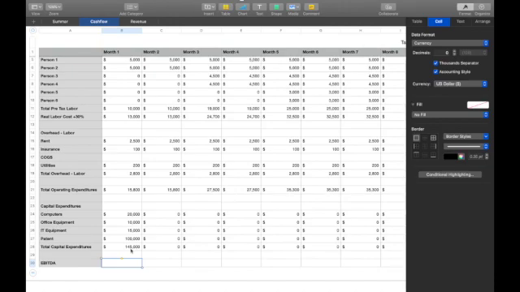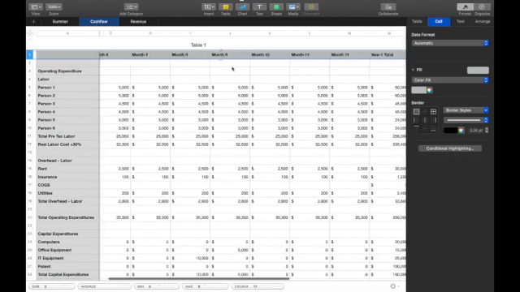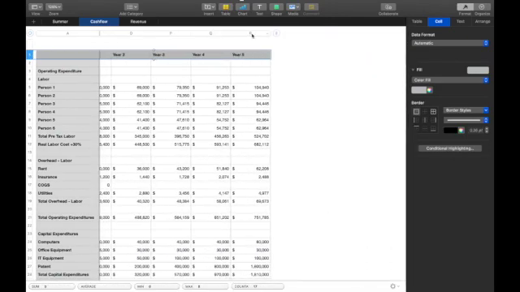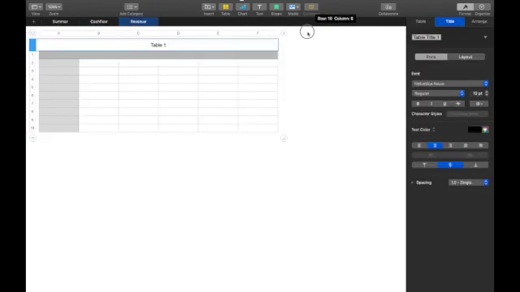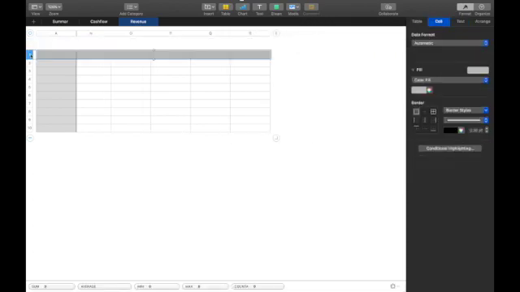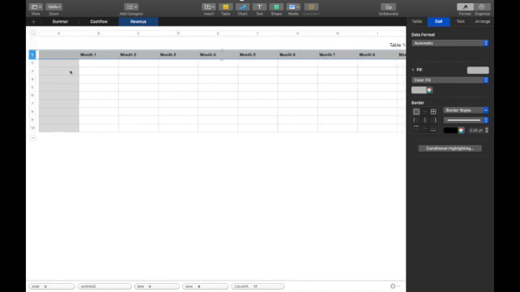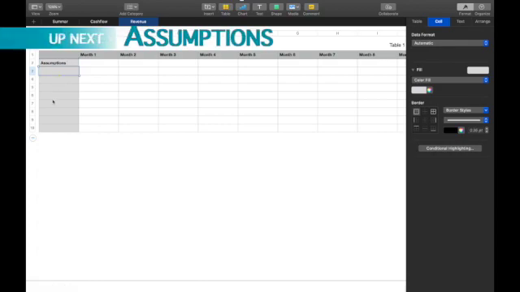So, next up, revenue. All right, so because we have this nice area up here all figured out in our months and our years and everything, just copy that. You know it goes to R, so here, take this out to R, highlight that, and V, and we are already formatted, ready to go. All right, so first thing you want to do with your revenue slide or tab is talk about your assumptions. So we got our assumptions,